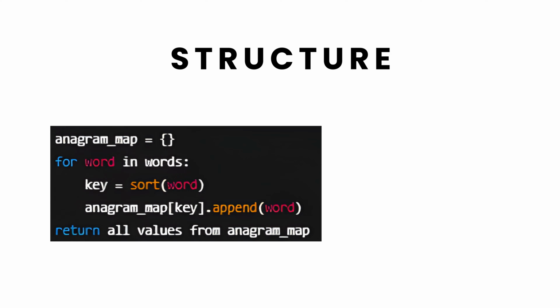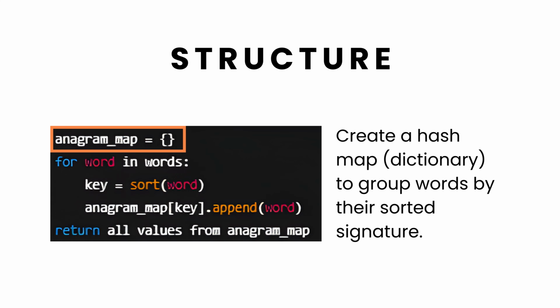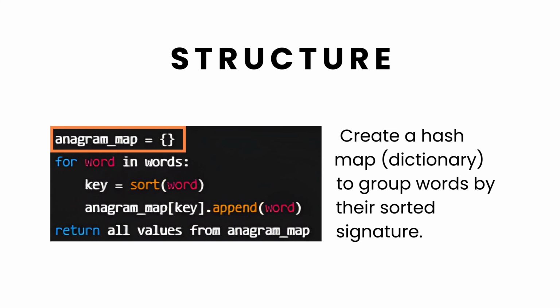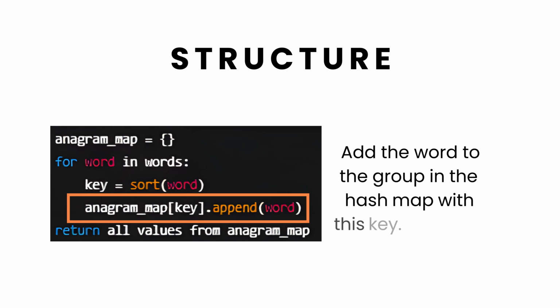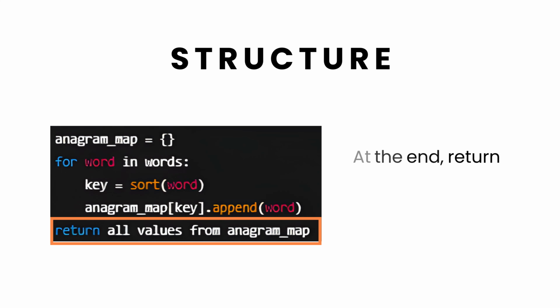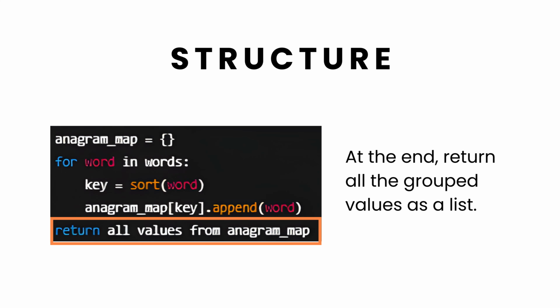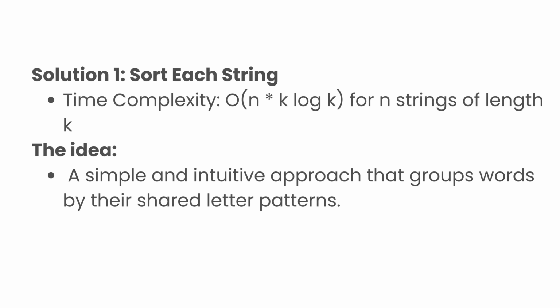Here's the plan. Create a hash map dictionary to group words by their sorted signature. For each word, sort its letters to get the signature key. Add the word to the group in the hash map with this key. At the end, return all the grouped values as a list. Now, let's break down the first Python solution for group anagrams, a simple and intuitive approach that groups words by